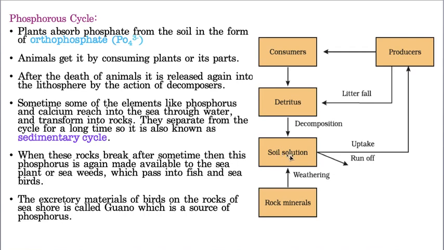Now from the soil, the producers; here producers means plants, I mean autotrophs. That means the organisms which are able to prepare their own food material are called producers. So from the soil, in the form of absorption: these autotrophs, these plants, consist of roots, na? So with the help of the roots, they suck the phosphorus from the soil, and these producers utilize it for biomass production.